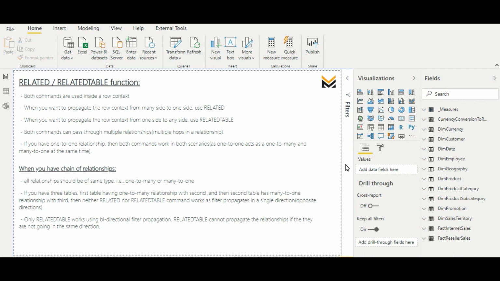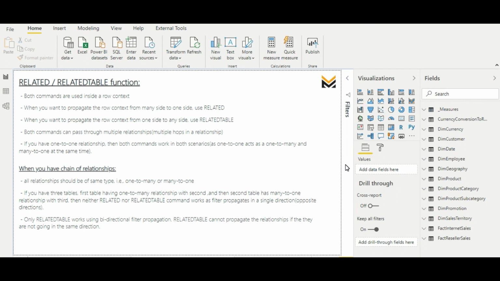In demo 3, we actually saw this, from the DimCustomer table to the FactInternetSales table, and then the DimProduct table. The RELATEDTABLE was not able to propagate the row context because both relationships were in opposite directions. To make that work, we had to create a bidirectional relationship, so that the relationships exist in the same direction. So this point is telling us that all the relationships should be in the same direction, otherwise the behavior will not work as expected.